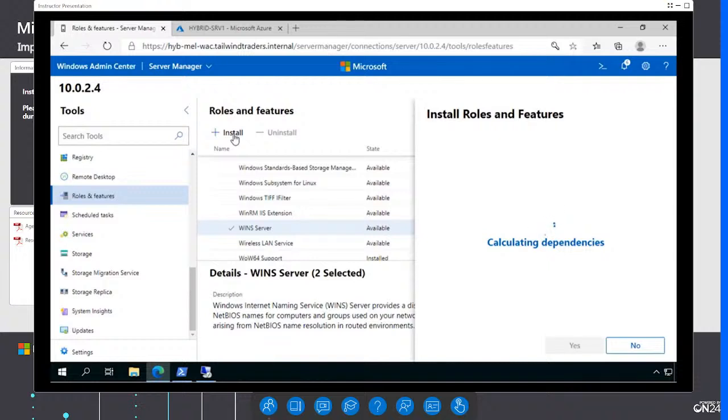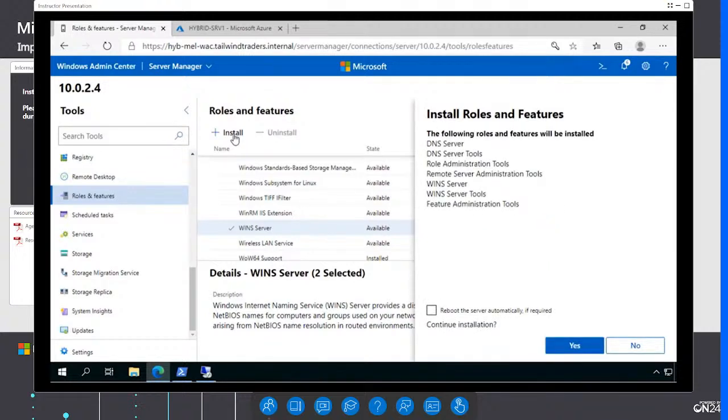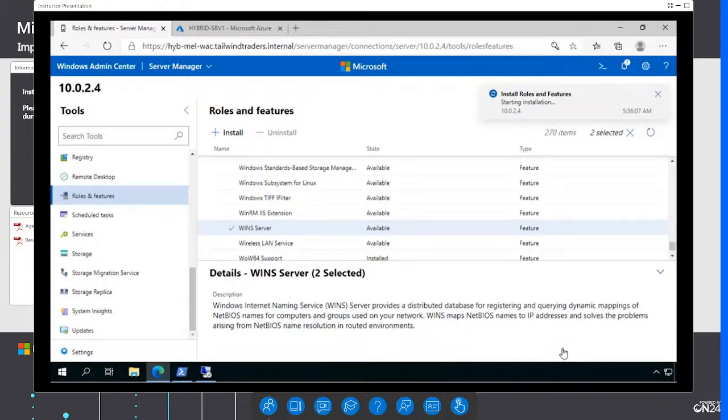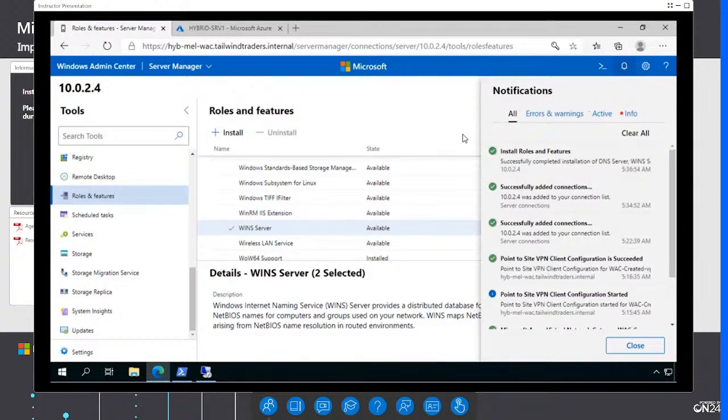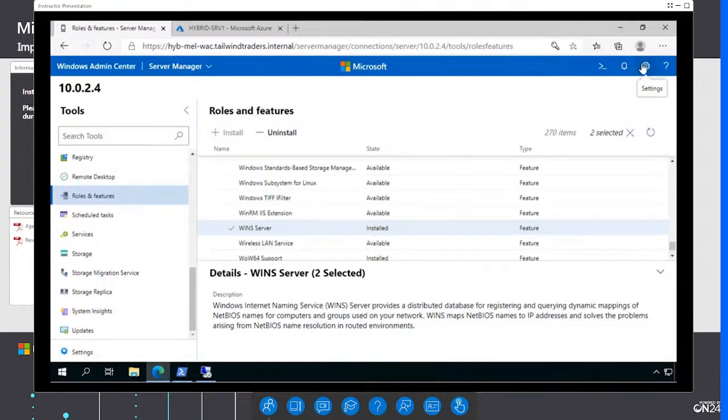So I can click on install. This will then quickly check all the dependencies, as I remember it from Server Manager, and then I just click on install. This will now remotely run the PowerShell commands against my server running in Azure to install the DNS server feature role, as well as the WINS server feature and so on, with all the dependencies. So this will take a couple of minutes, as it would usually take. And after they're successfully installed,